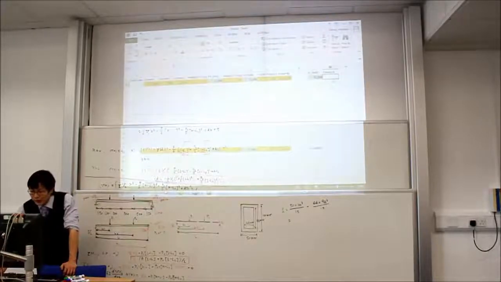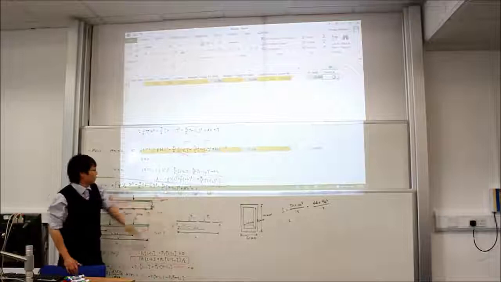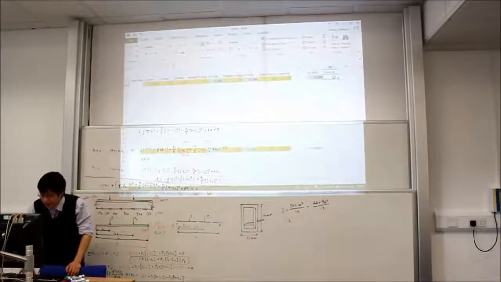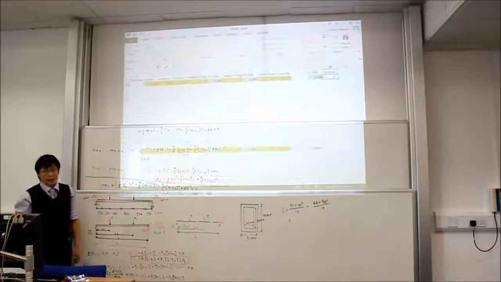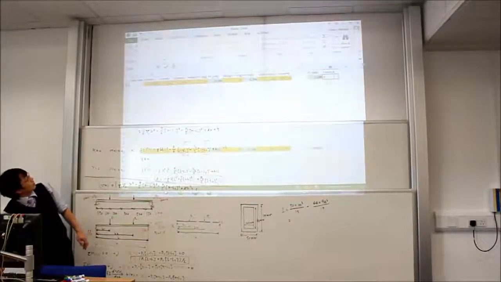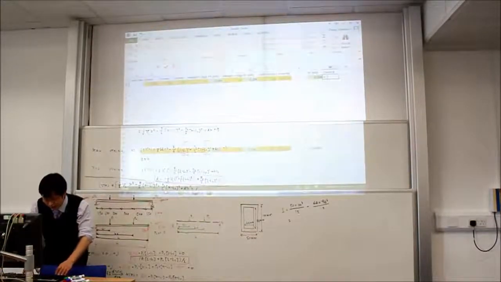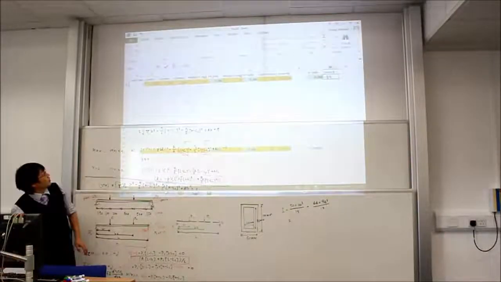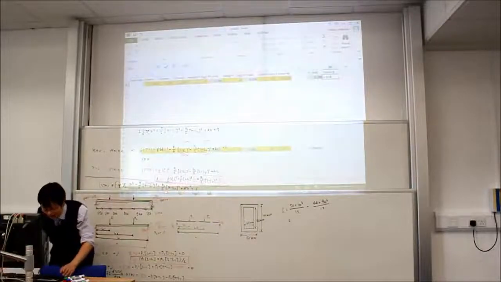So for this one, we need to input the whole equation in here, okay? So let's key in one by one. This is equal to, and again, equal to the 1/6, minus 1/6. So I put in 1 minus 1/6 first. So that was the minus 1/6, and then times